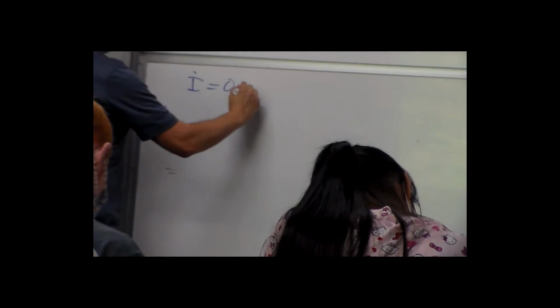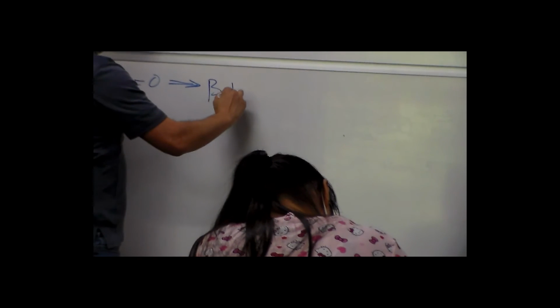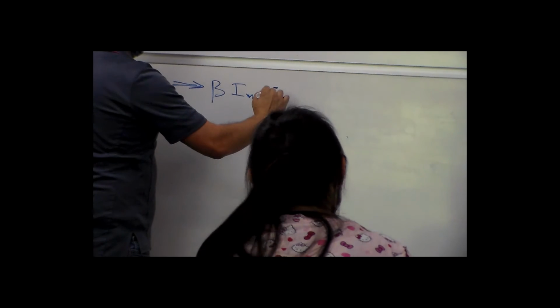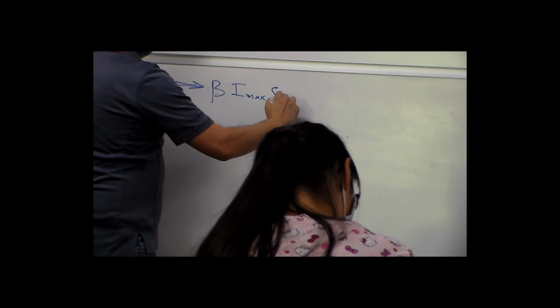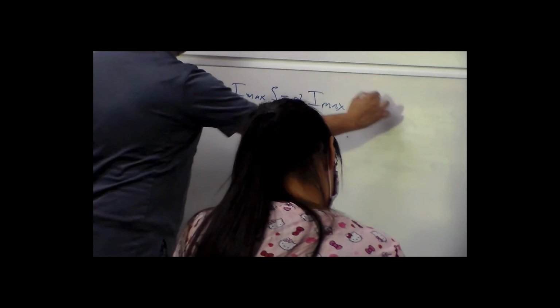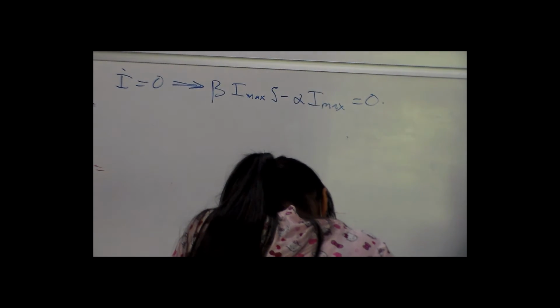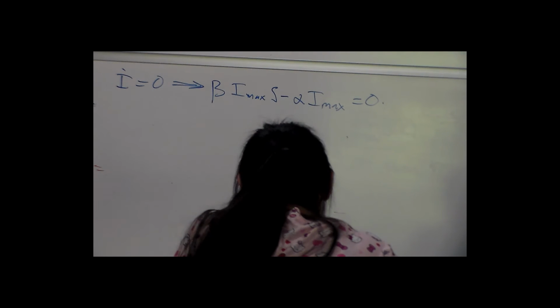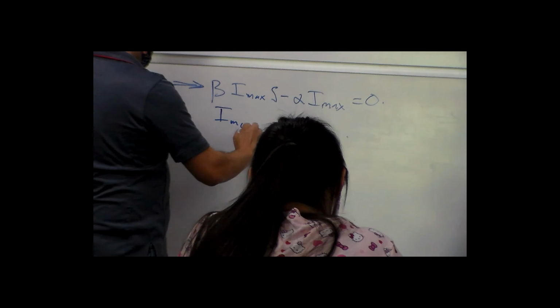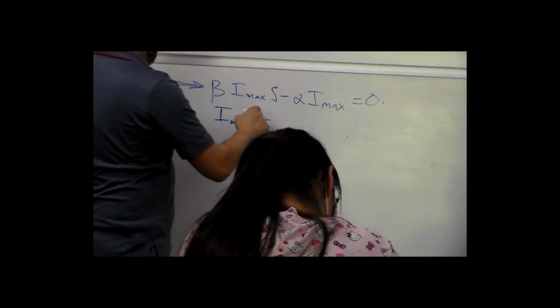So based off of those equations, I dot equals 0 implies that you have beta times, I'm going to call this I max, times S minus alpha I max has to equal 0. Okay? So if I calculate this, I'm going to get I max is equal to,